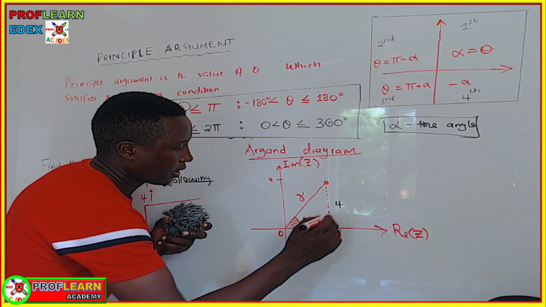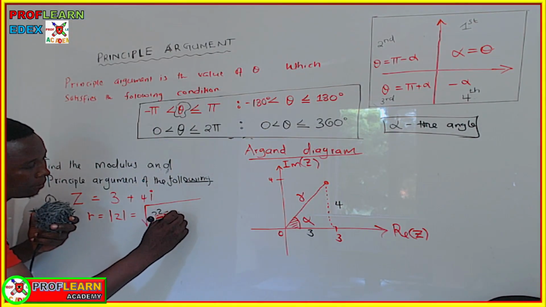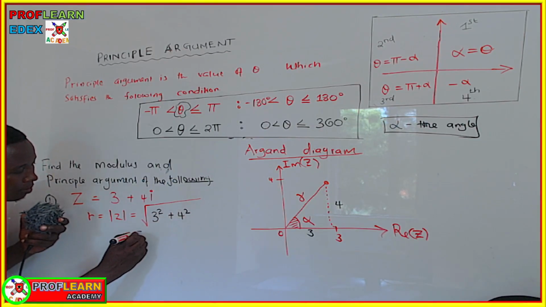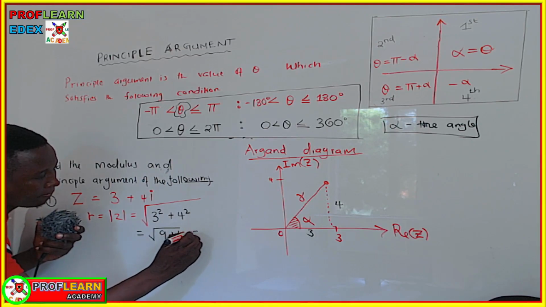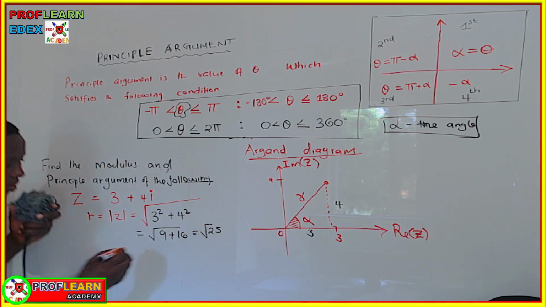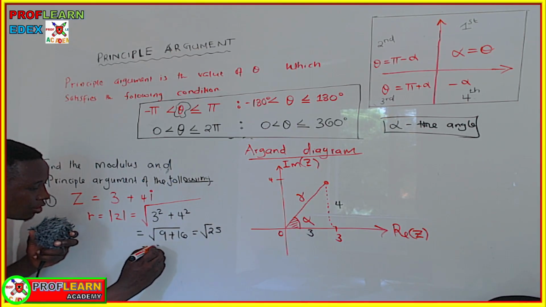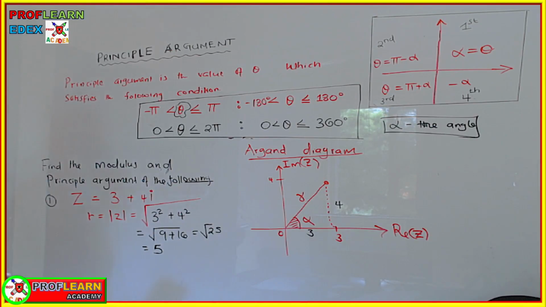So this is 3 squared plus 4 squared, which translates to 9 plus 16, and that is root 25. So the modulus of this is 5. The next part we need to work out is the angle theta,